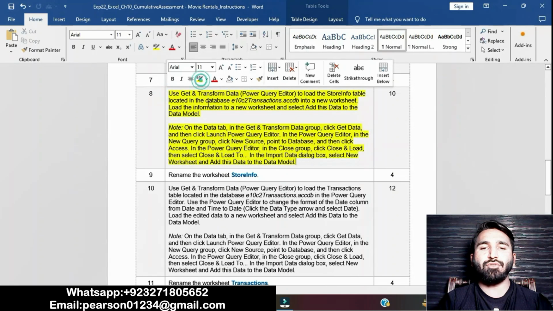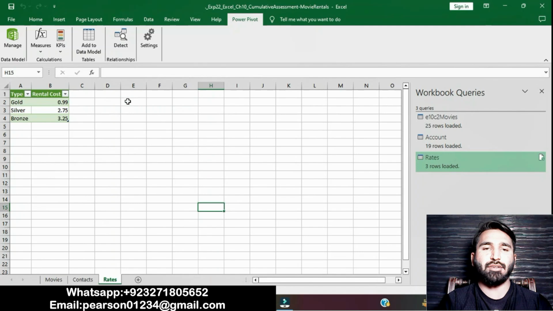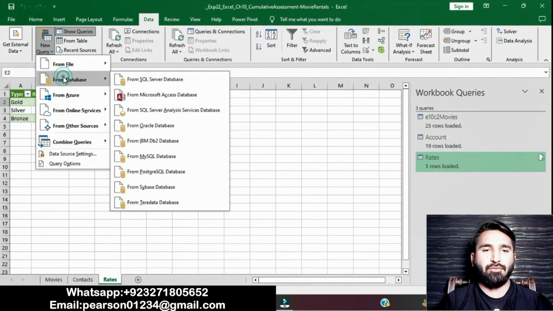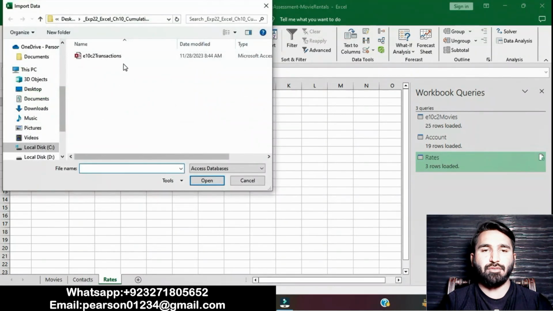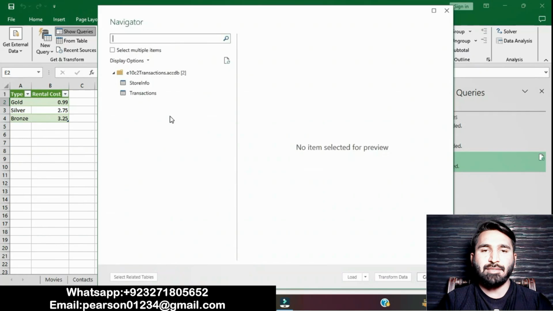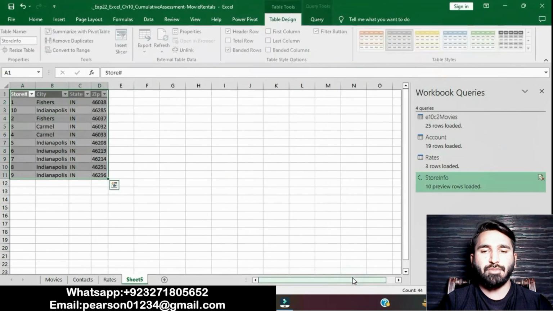Question number 8 is to use Get and Transform Data query to load the stored form table located in the database E10 C2 transaction ABCD into a new worksheet. Go to the Excel workbook and then click on the Data tab, then From Database, From Microsoft Access, to transaction ABCD.